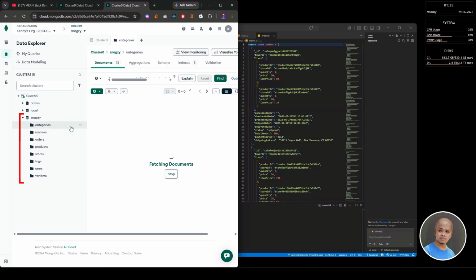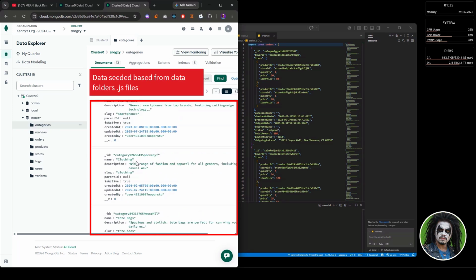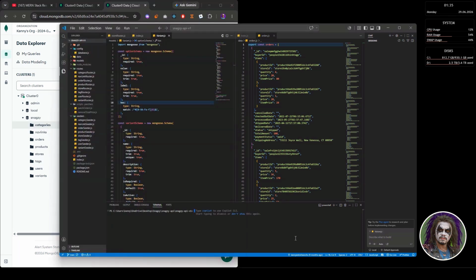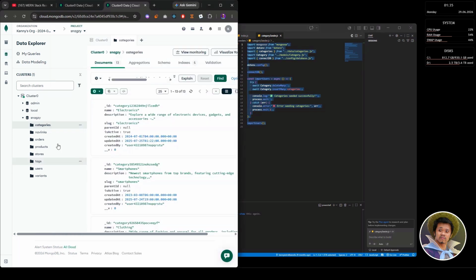As you can see, it is populated with the data which came from the mock data .js files. To initiate the delete, let's check the seeder file of the category document. This right here, being highlighted, we will run to recreate and populate the categories document in the MongoDB database.